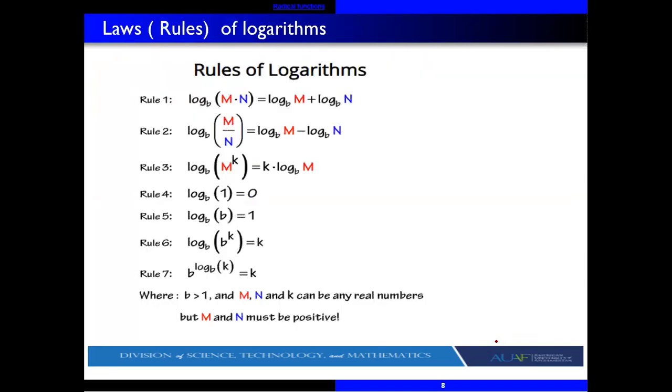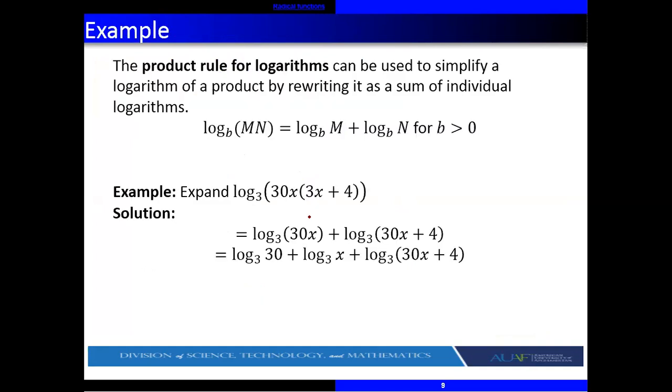Same, we have different properties for the common log. The first is the multiplication rule, the second rule is for division, the quotient, and the third one is for power. Okay, let me try to solve one example from each. First one is the product rule.